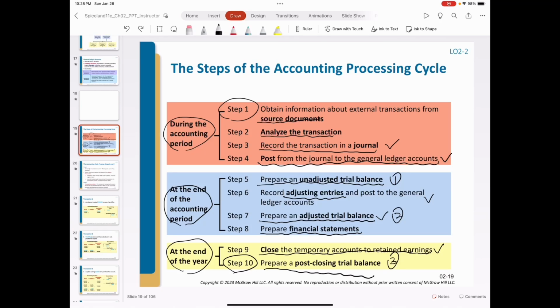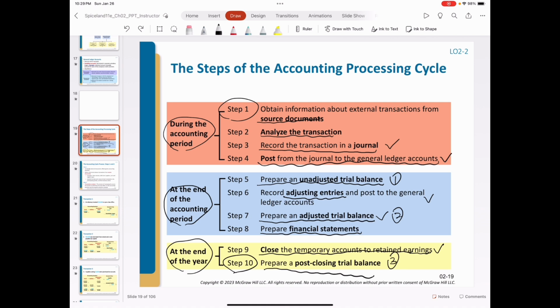The first stage of the accounting cycle is during the accounting period. From the first day to the last day of the accounting period, there are lots of transactions or events that occur. These transactions and events should be well documented according to accounting standards. Basically, we are going to analyze these documents and record these transactions or events appropriately.